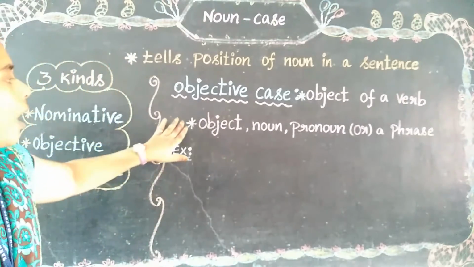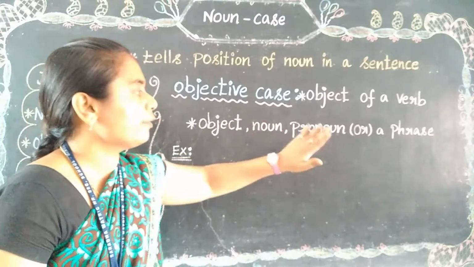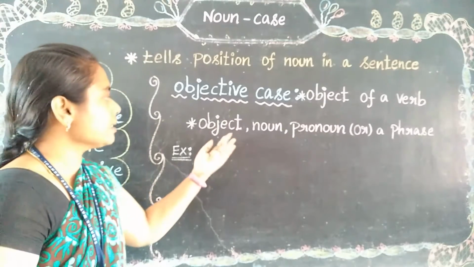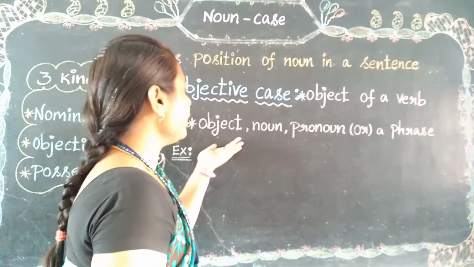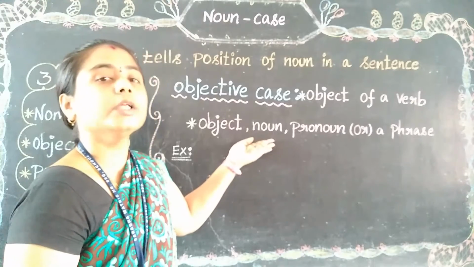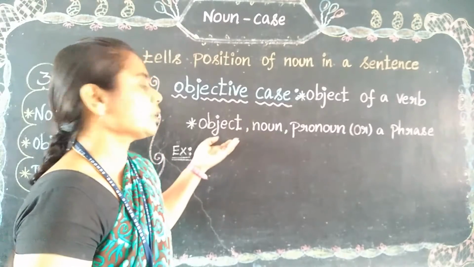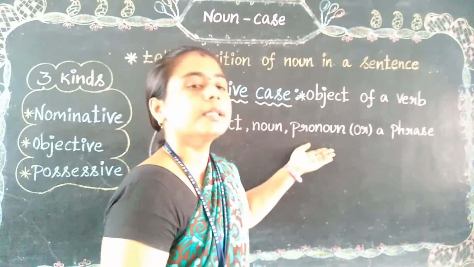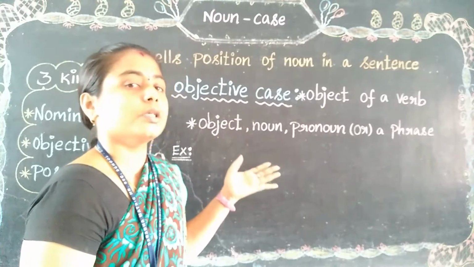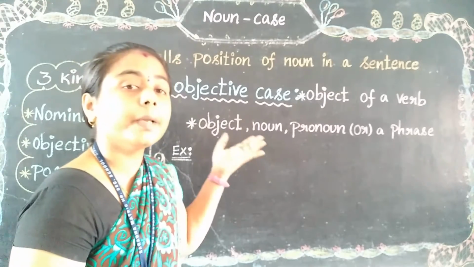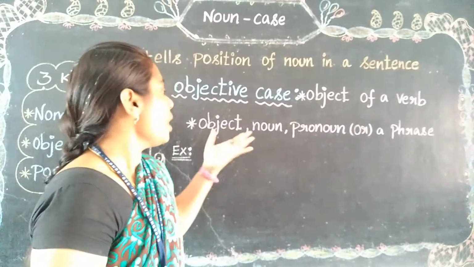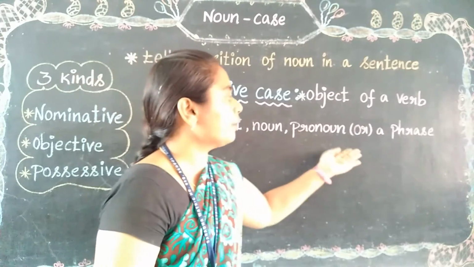The object can be a noun, pronoun or a phrase. It always accepts these patterns. Of course we always have an object, and a noun; without a noun it can't perform. So noun and object must be there. Then a pronoun. What is a pronoun? It is used to replace a noun. So we should allow these to perform here: object, noun, pronoun or a phrase.